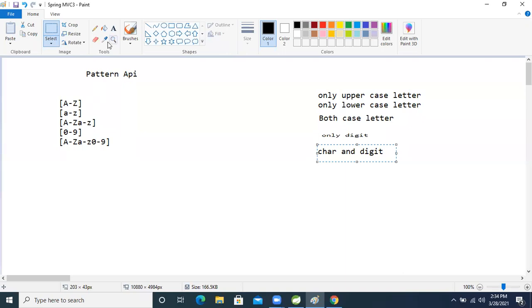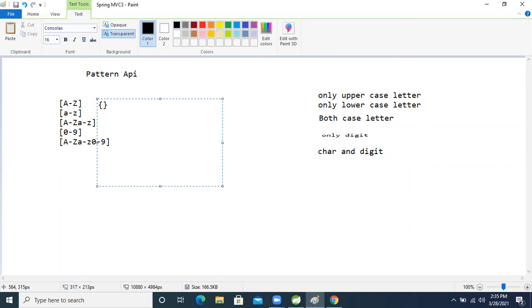If we give it like this, five times, whatever letter we put, we can put that letter inside this API 5 times, okay?